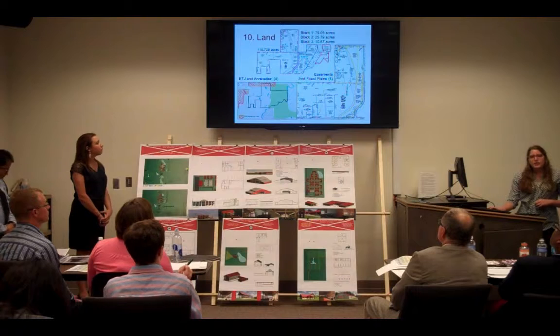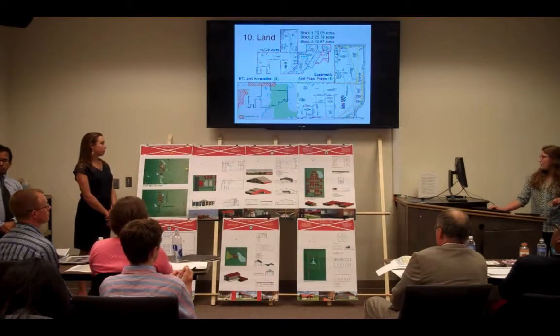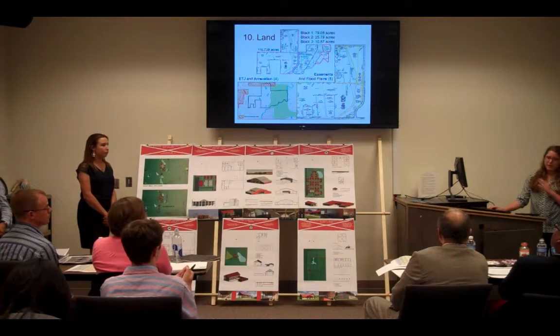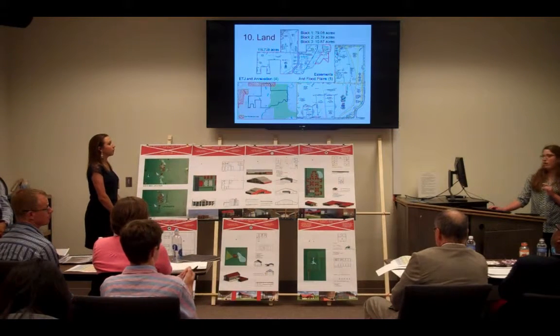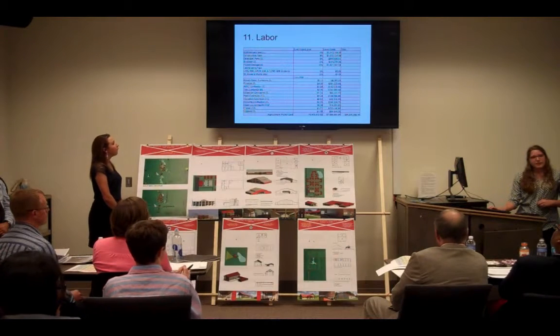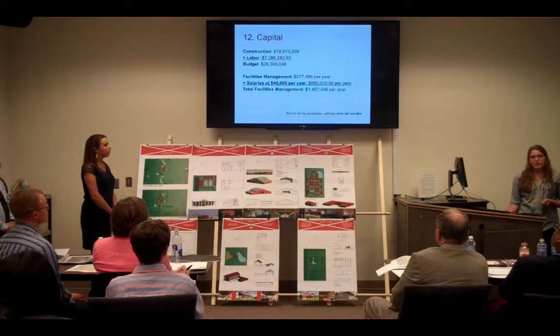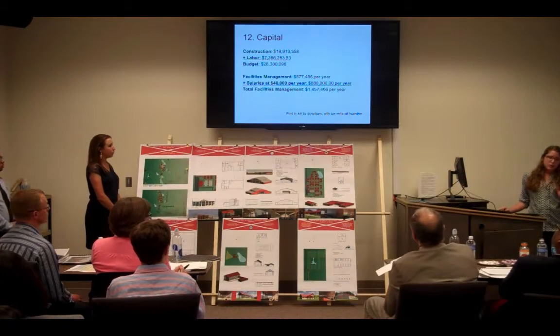Easements and floodplains are the 2 big constraints that we need to be aware of when we're designing. And so when you see our development, you'll see that all of our development is on Lot 1. And our labor is about $7 million, meaning that our total budget is $26 million, including the school as well